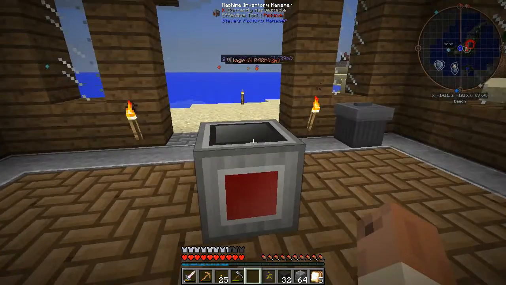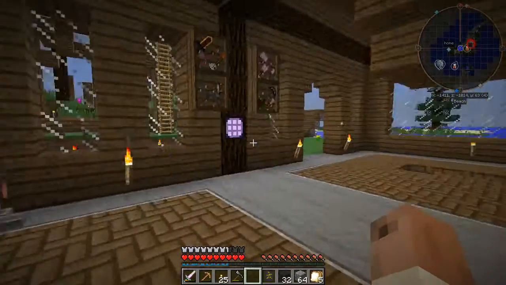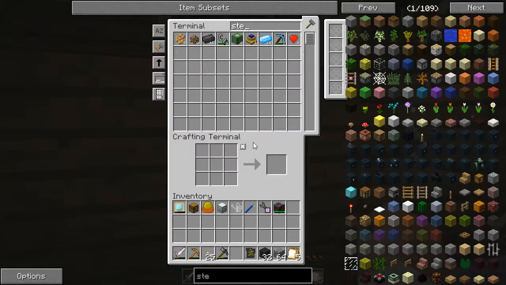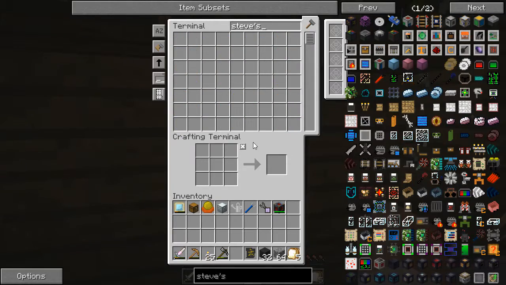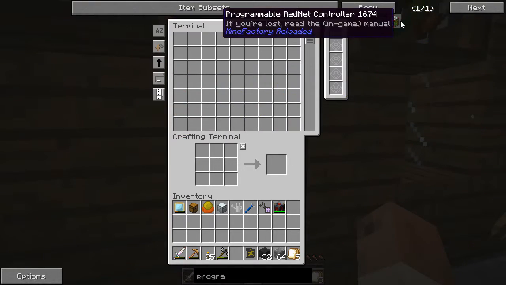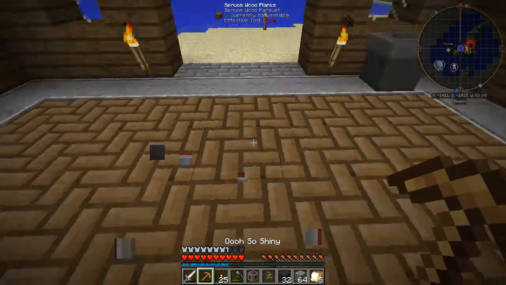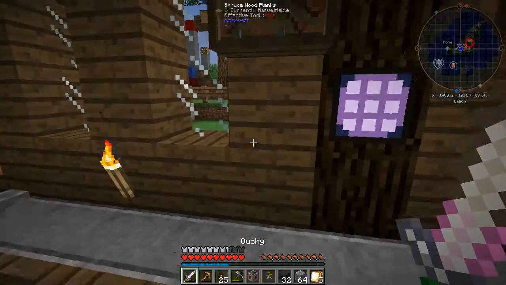A thing to note: once you break it, it loses its programming. So, yeah, that's a thing. I think there is. I thought there was a way to copy it. I know there's a mod where you can copy the instructions out before you break it, but there really is